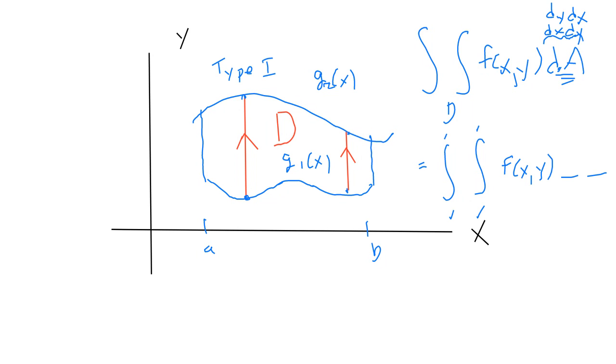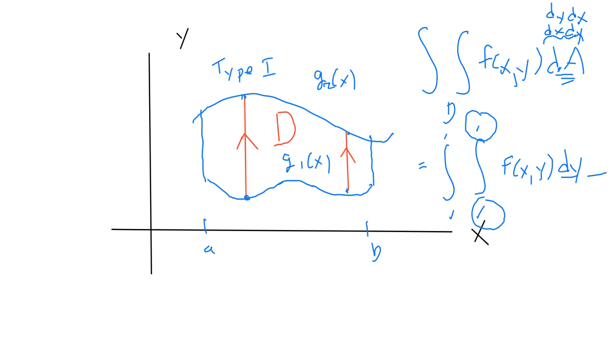4 limits. So if it's a type 1 region, you're going to do dy first. You're going to integrate with respect to y first. Then you need a bottom limit and a top limit. Well, what's the bottom limit? It's not going to be a constant, because if you had a constant, that would mean